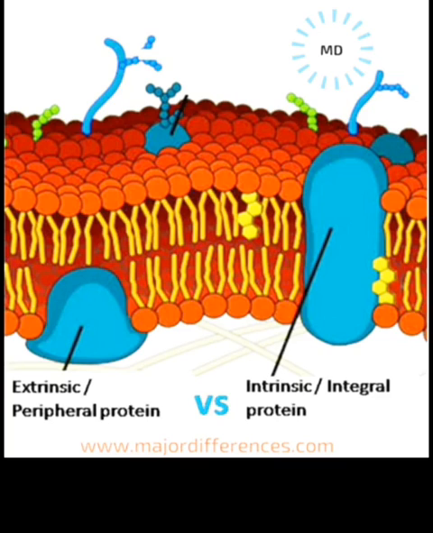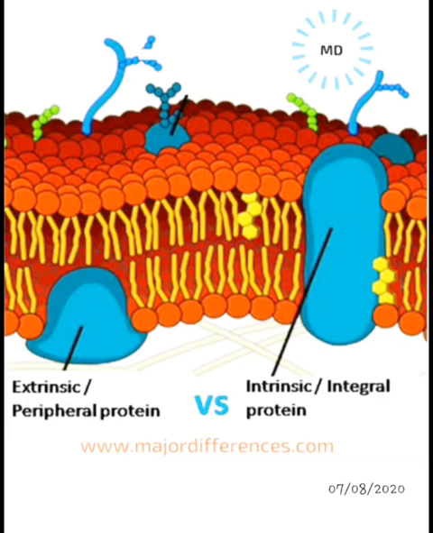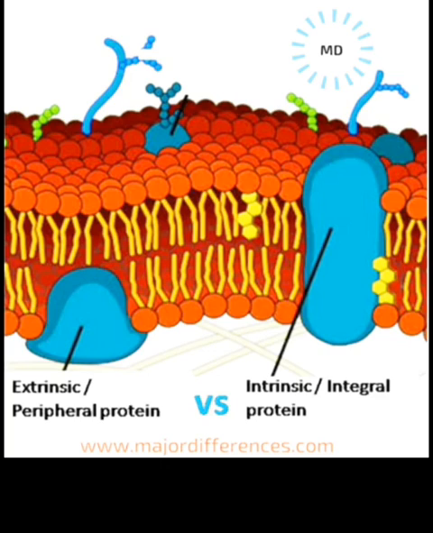So first, coming to the intrinsic proteins, they are located inside the lipid bilayer of the plasma membrane, and are not attached to it with the help of any electrostatic bond. Their main function is to create intercellular contact, or also help in cellular transport and energy supply to the cell, and they are present covering the complete thickness of the plasma membrane.